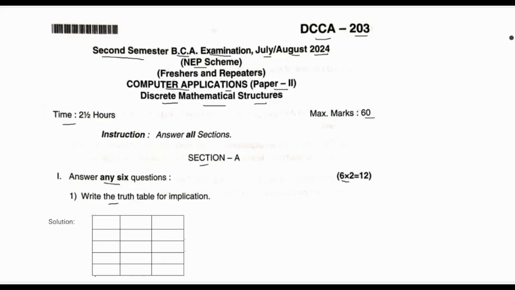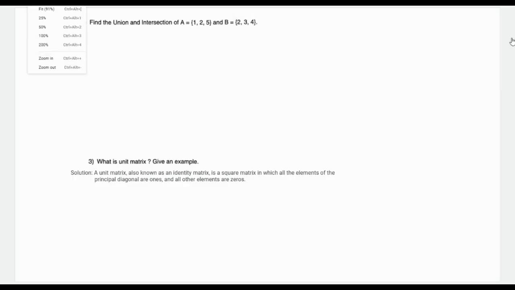So the implication is nothing but P, Q, P implies Q. Implies means if then. Now it is T, T, T, T, T, F, T, F. What is the condition for implication? If it is T and F, it is F. If not, it is T. Then moving with the next question, we have